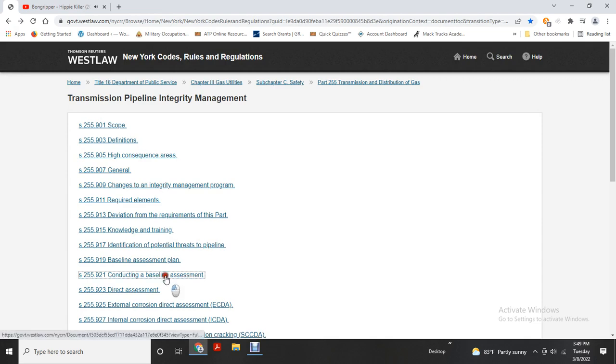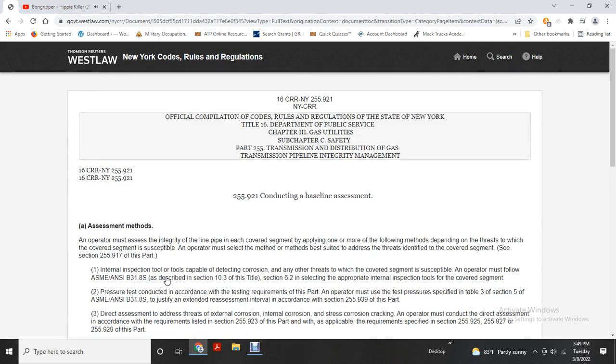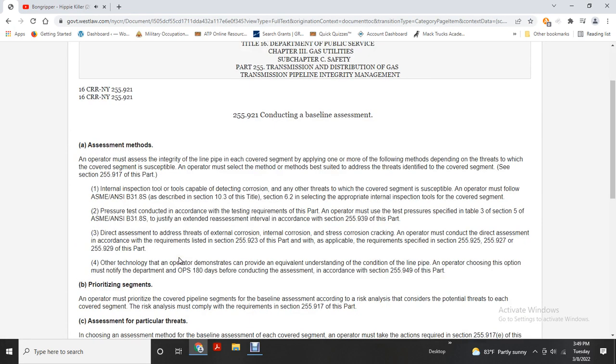Alright, conducting a baseline assessment. As a method, the operator must assess the integrity of the pipeline covered segment by applying one or more of the following methods, depending on the threats to which the covered segment is susceptible. The operator must select the method best suited to address the threats identified for the covered segment. Internal inspection tools capable of detecting corrosion and any other threats to the covered segment. Respectively, the operator must follow